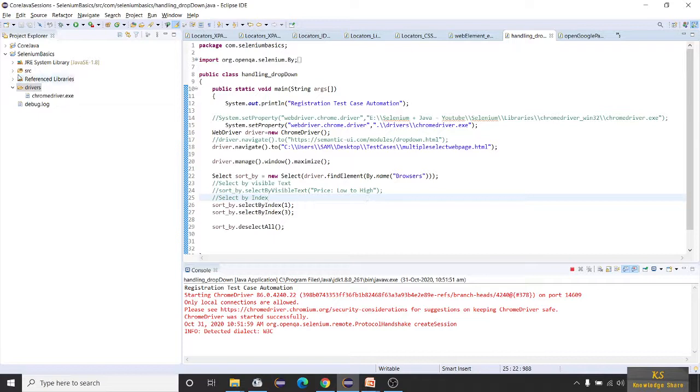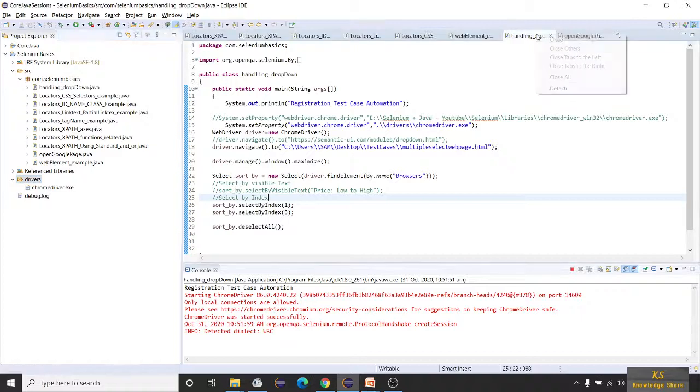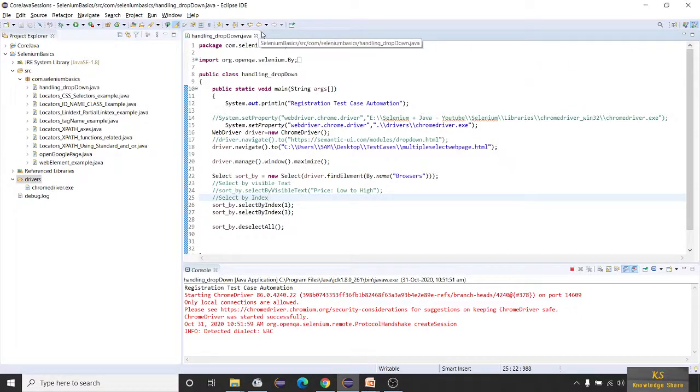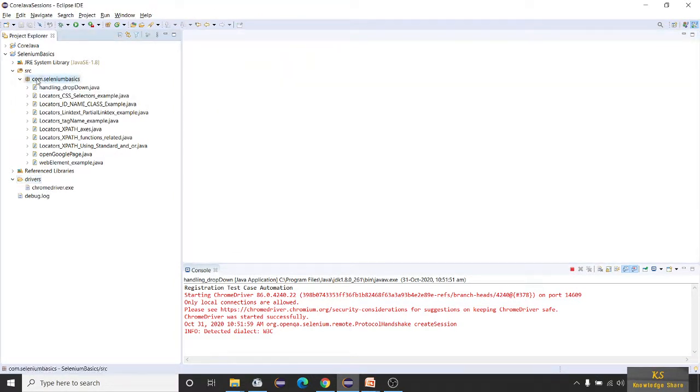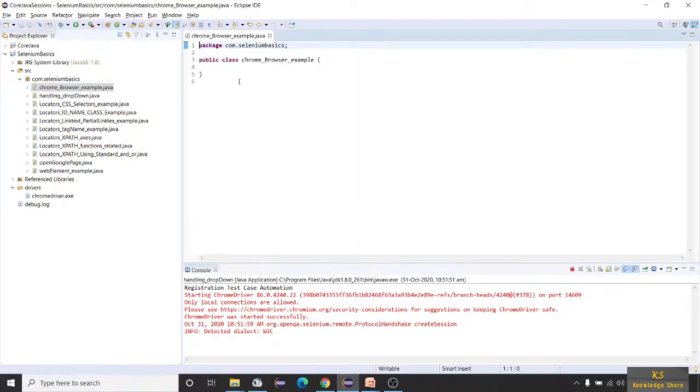Now let's write one simple program. Let me close all this. Let me create a new class, working with Chrome browser, or let me just put Chrome browser example, right?